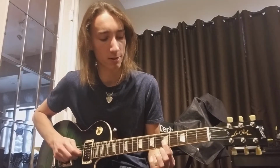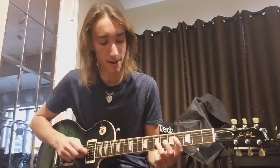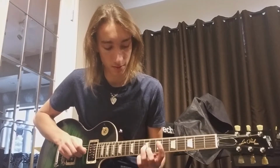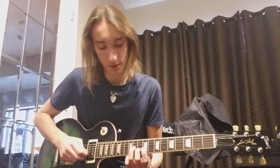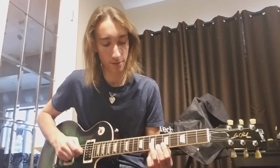And then 5th fret of the G string, 7th fret of the D string, and then you start on 7th fret of the G string, slide up 2 frets to the 9th, and then 8th fret of the B string, and then slide up again 2 frets, and 10th fret of the B string. So G string, 7th to 9th,